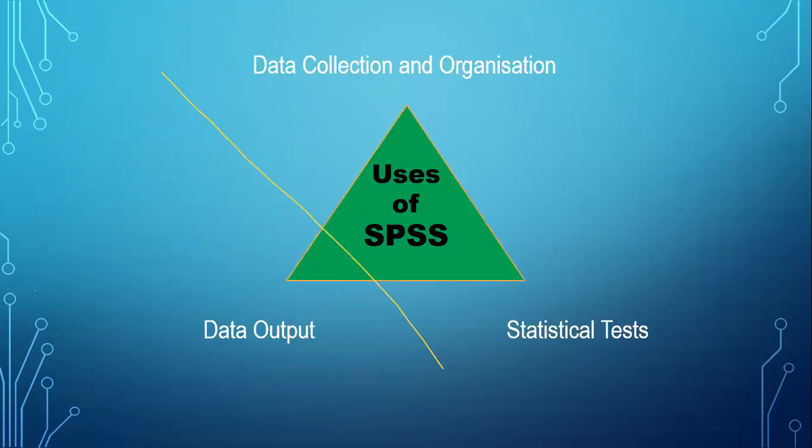Next, we are going to the data output. Based on the instructions we give in SPSS, we will get the output, and we can also save the output. If we include data in SPSS and want to know the mean, median, and mode of the data, we can get them from the software by using the instructions given to SPSS. Okay, we'll get the output.